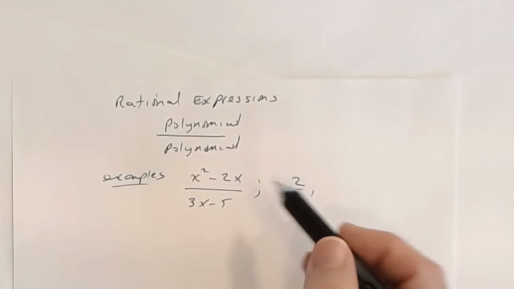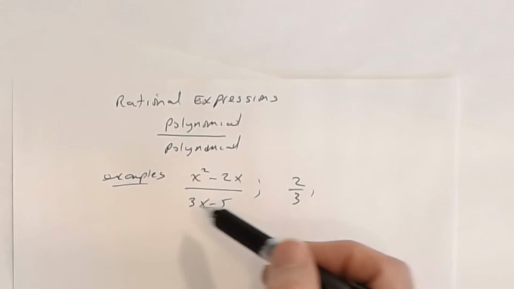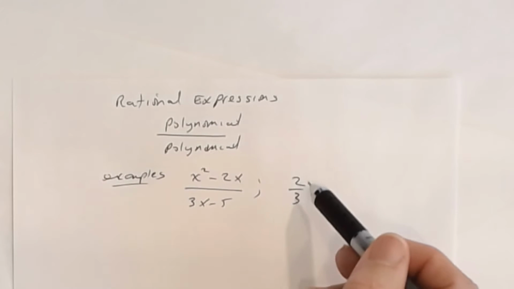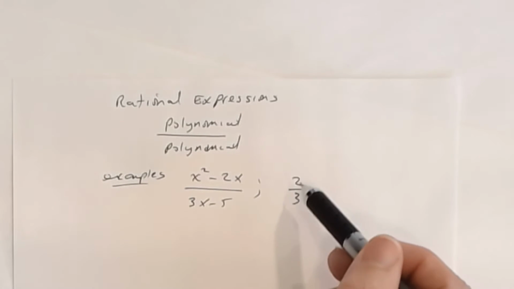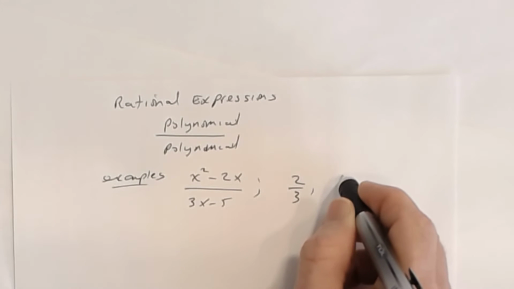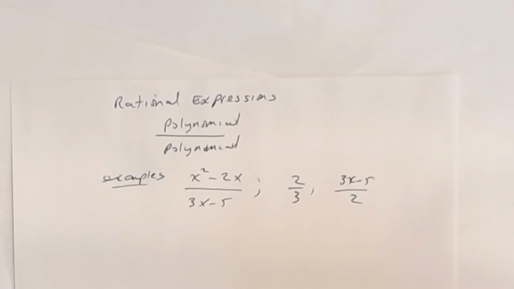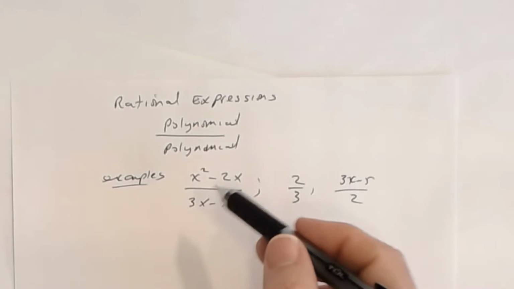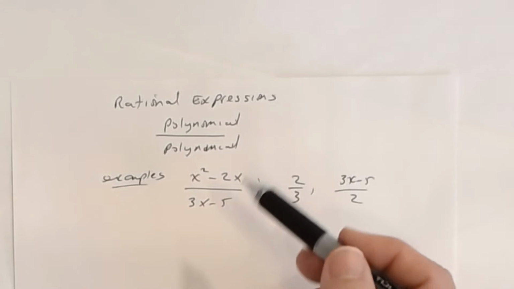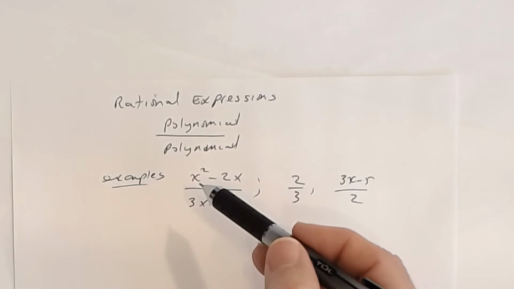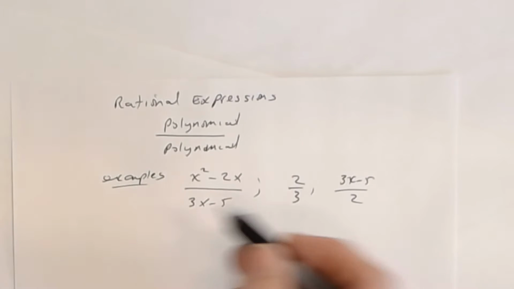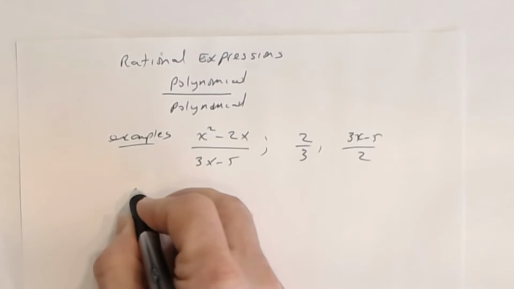All right, so a rational expression is where you have a polynomial divided by a polynomial. And remember, a polynomial can be one term, one or more terms. So one term, one term. You could also see something like 3x minus 5 divided by 2. That's a rational expression. So all these are rational expressions. And as you go through the next week or two, you're going to see all these rational expressions and what they look like. One of the things you got to remember, though, is that in a rational expression,